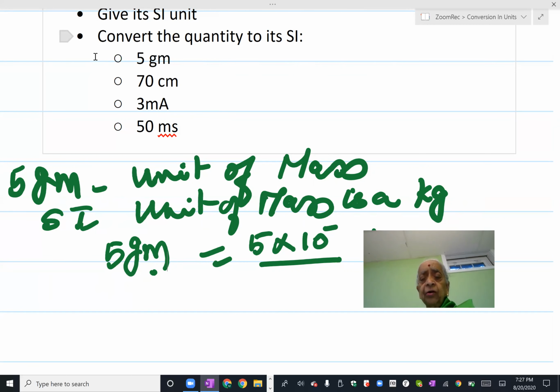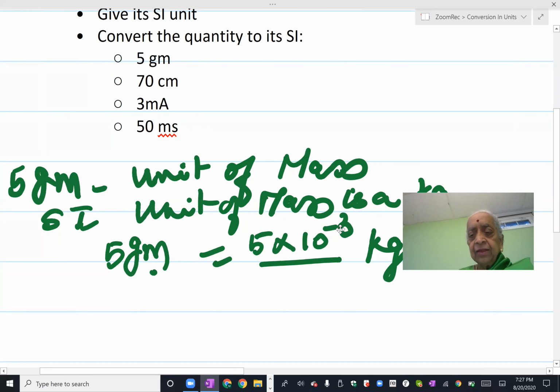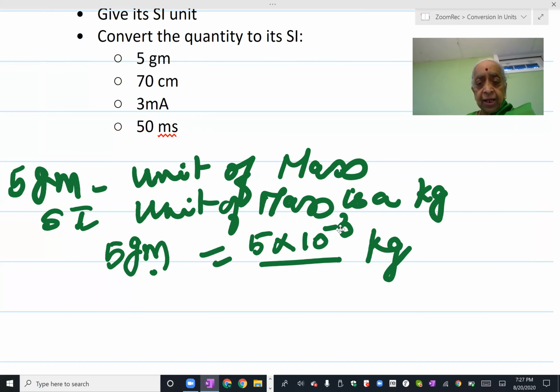Now, gram to kilogram is our journey, left hand side to right hand side. Leave alone the left and then go on up the ladder from gram to kilogram. After gram, you have decagram, 1 finger, and then hectogram, 2 fingers, and kilogram, 3 fingers. So, how many fingers have I gone through? In a ladder of going from lower unit to upper unit, left hand side unit to right hand side unit, you have gone 3 steps away. So it will be 5 times 10 to the power of minus 3 kg. This is how you have to write this.